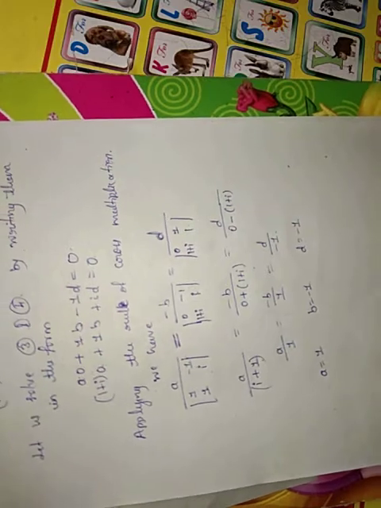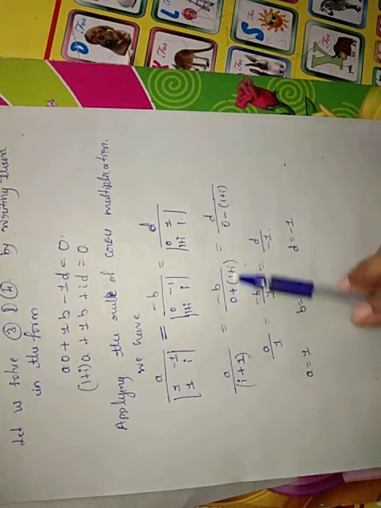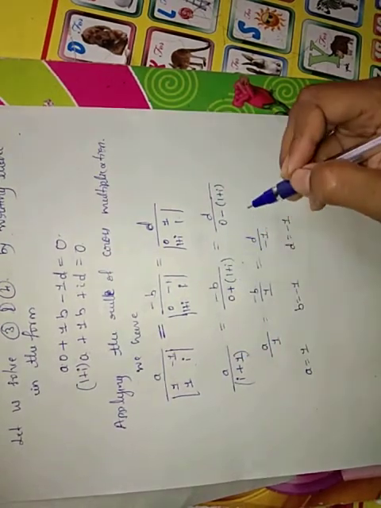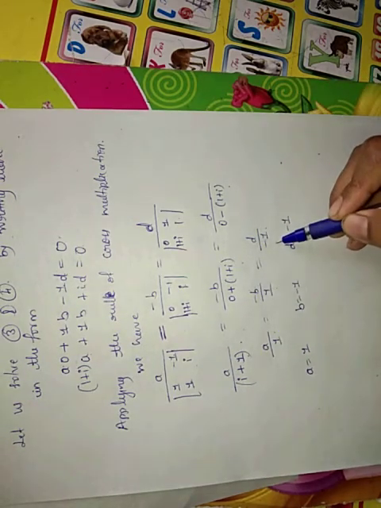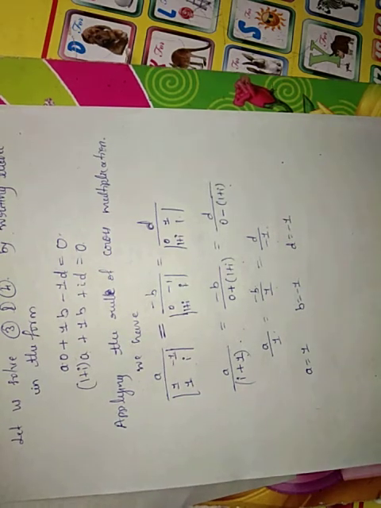If there is any constant term multiplied to every term, that constant term can be neglected. If you neglect this term, then the multiple of 1 plus i is 1, the term which is multiplied to the common term. 1 plus i cancelled. So A by 1, minus B by 1, D by minus 1. So A equal to 1, B equal to minus 1, D equal to minus 1. So those are the A, B, D values.